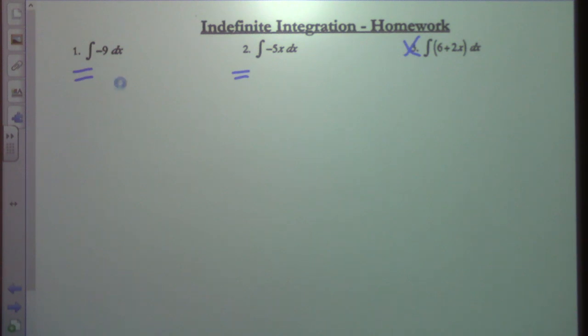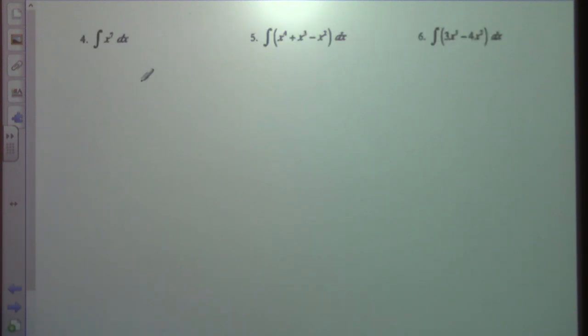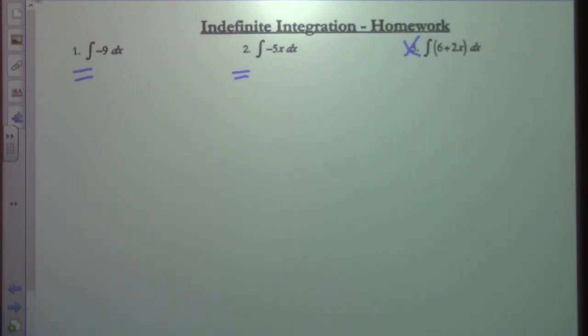Okay, and my intention for helping with this is I intend to make a video of the entire right column. That'll have 6 problems. I'll call it Indefinite Integral Homework Help. That'll be the title, and I'll make it after school today, and I'll send it out via Remind later tonight sometime. Is this due tomorrow? No, on Monday. Okay. Monday.